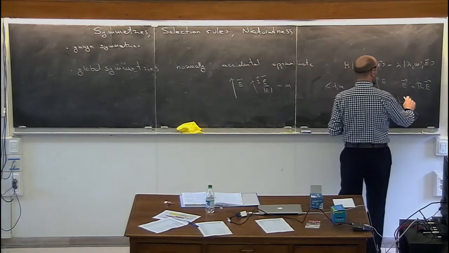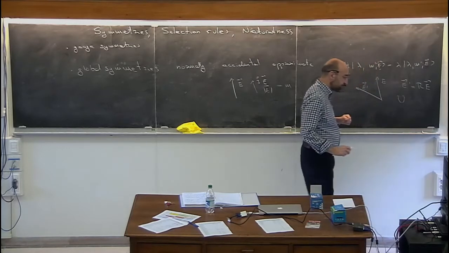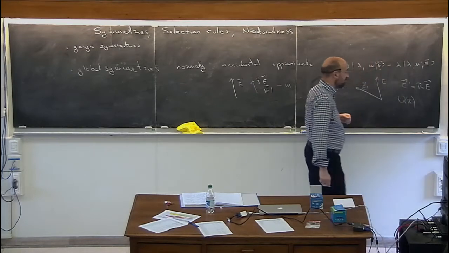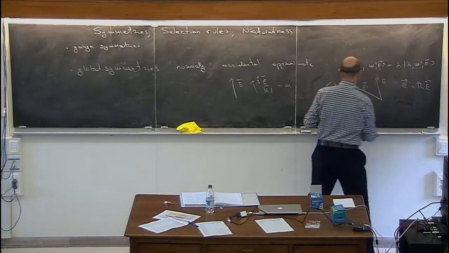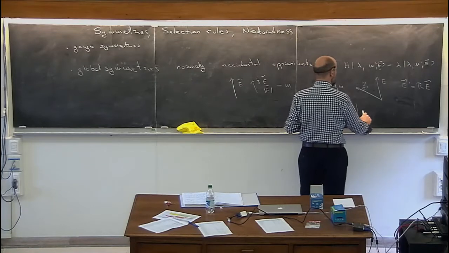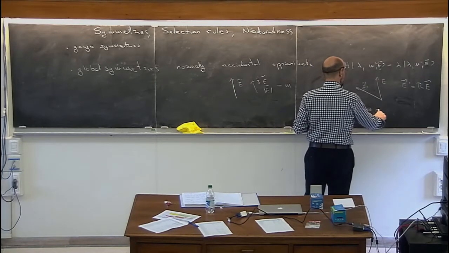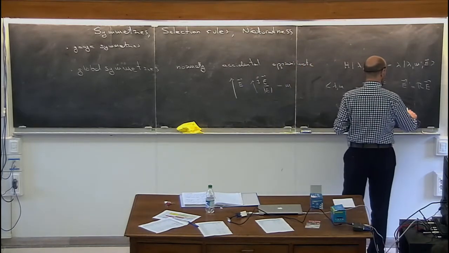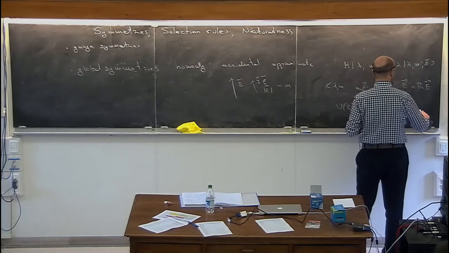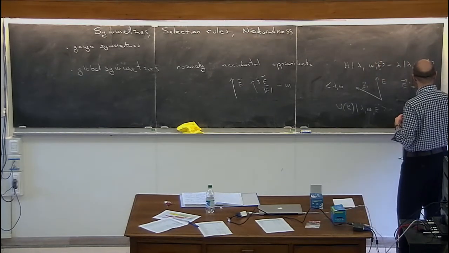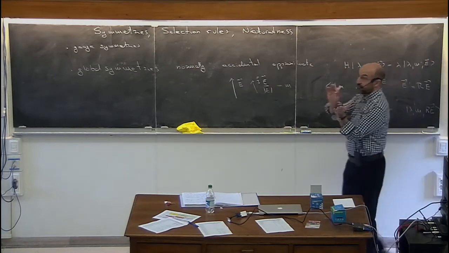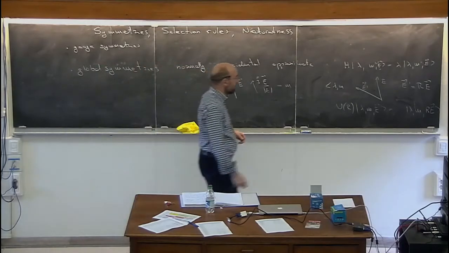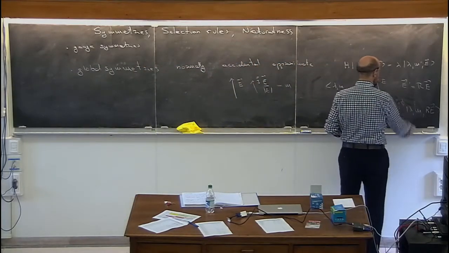If I consider the rotational representation of this rotation on the Hilbert space, U of R, with U of R on lambda m E, I'll get, up to a phase, the same energy eigenstate in a situation where I have the rotated electric field. I find the eigenstate of another experimentalist who's using the electric field in a different direction, up to a phase, some phase which I don't need to specify.